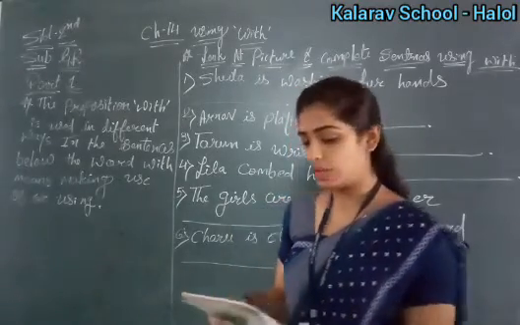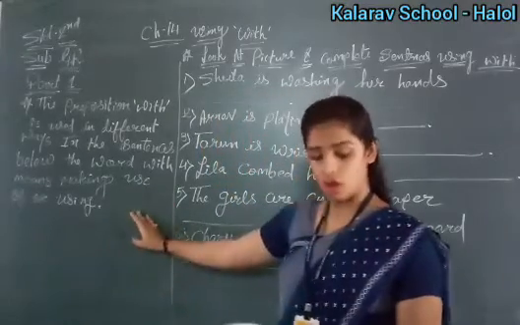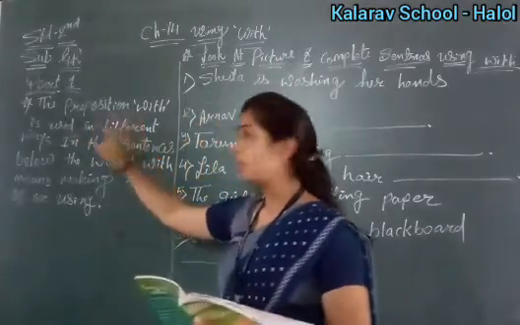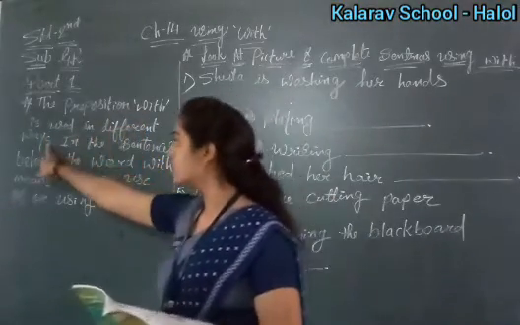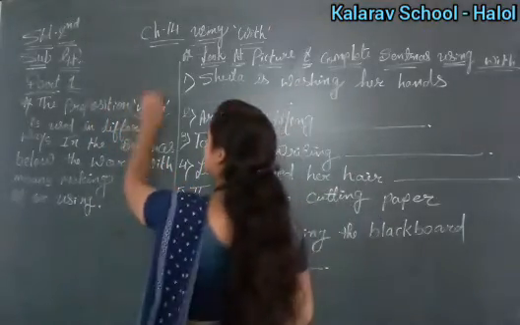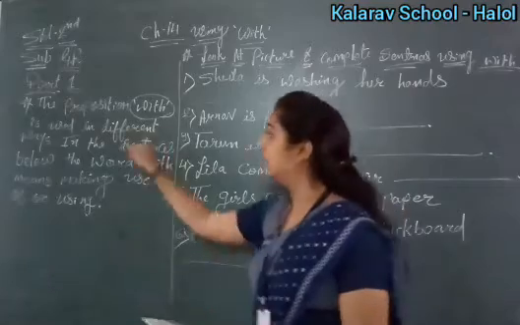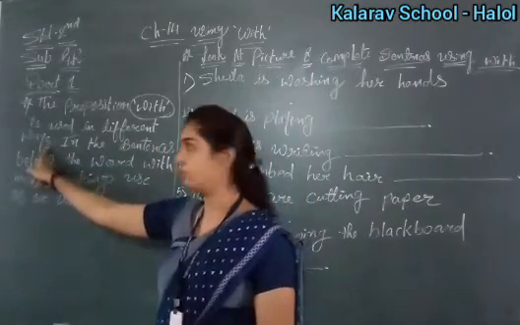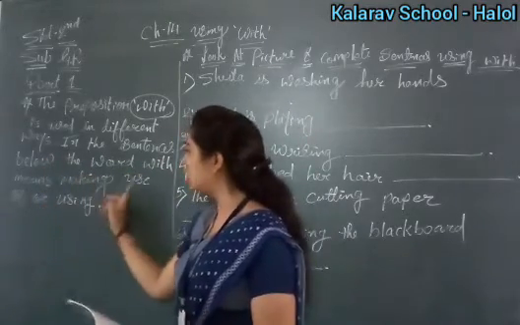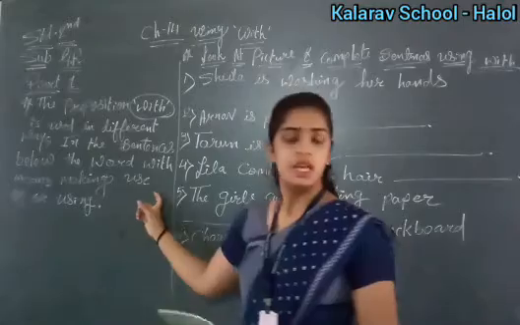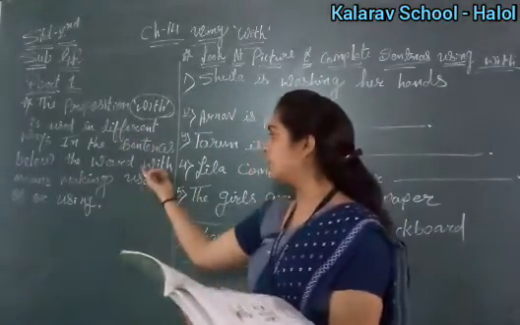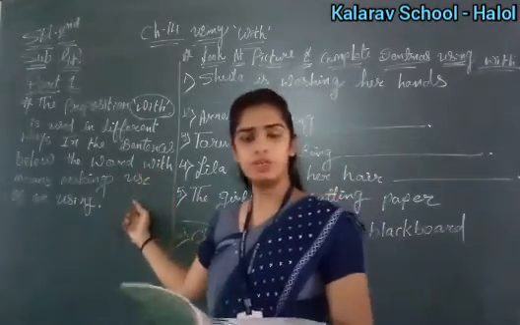Now see here, first of all, the definition. What is it on page number 65? See, the preposition "with" is used in different ways. Now the preposition, ये जो with है, that is known as the preposition. So where we can use this "with" in different ways, that we have to see. In the sentences below, the word "with" means making use of or using, which are the sentences given below here. So you have to use "with" in those sentences. Clear up till here?